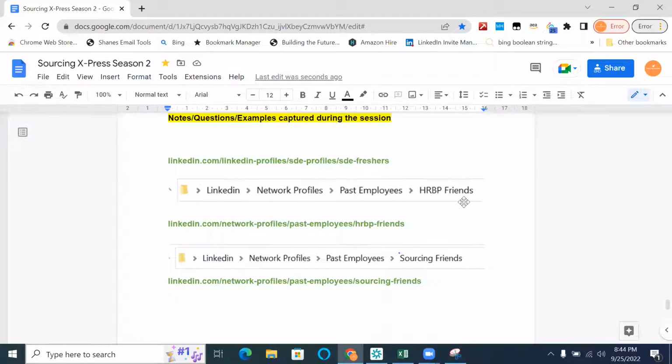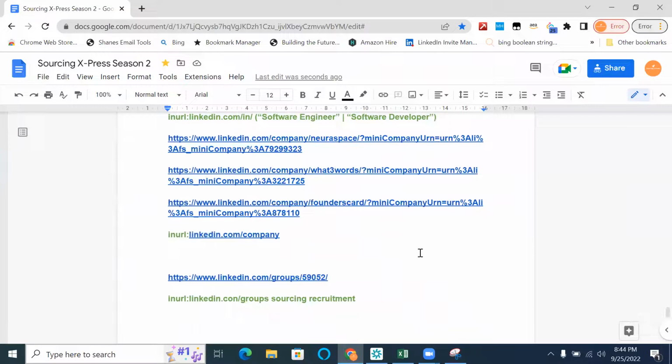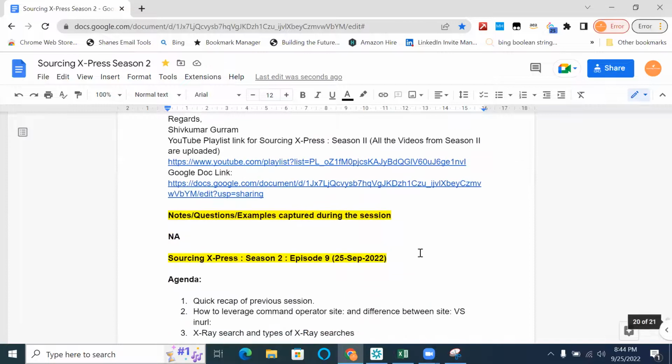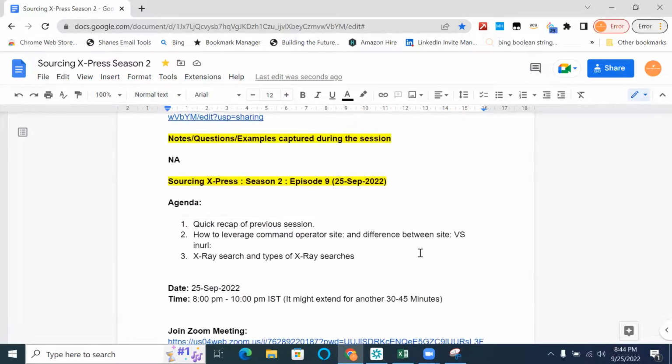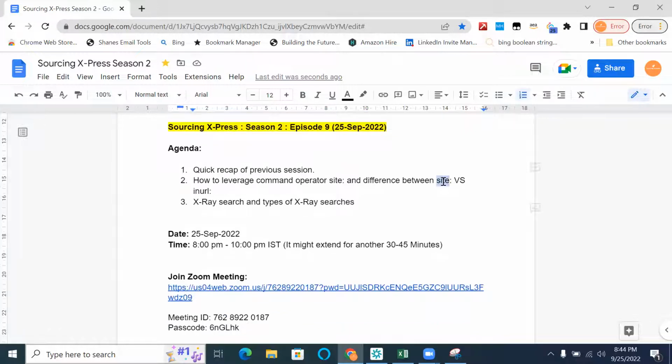So construction of URLs, we are fine with that, right? How the URLs are getting constructed. In the last-to-last sessions we have covered how the construction of any link takes place. All right, so now coming to the site operator. So let's say